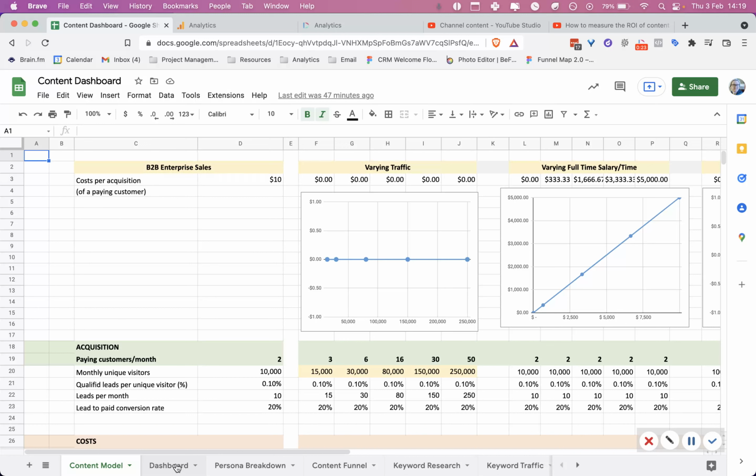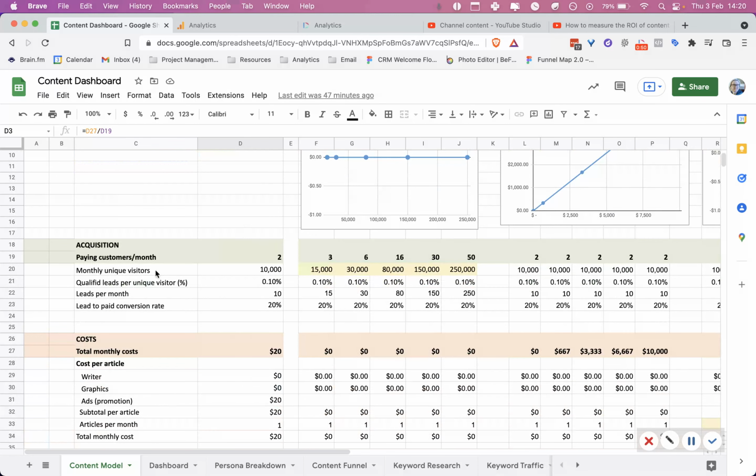from a content marketing agency called Grow and Convert. They've got an awesome content marketing course which I recommend anybody who's into content marketing take. So this is the kind of breakdown that is recommended anyway. This is for B2B sales, but you can just change this to B2C as well, or whatever it is. So this is your cost per acquisition, cost per lead, whatever, and then it's broken down by